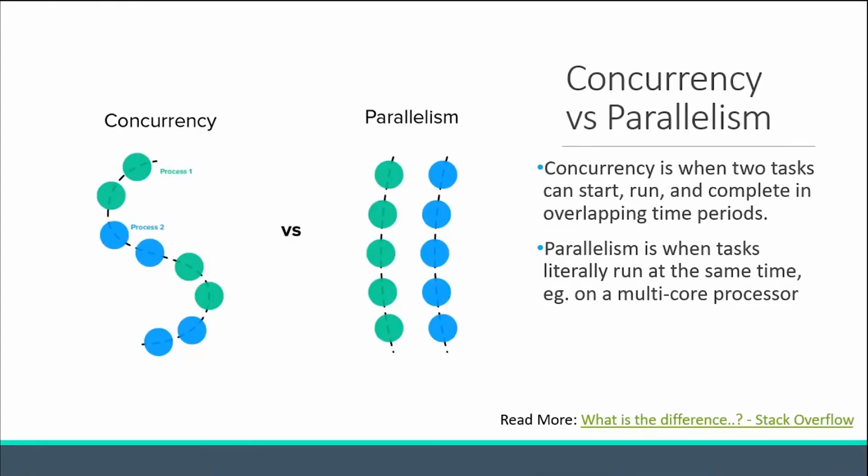So I will give some more info about concurrency and parallelism. Concurrency means running two tasks overlapping one another on the same timeline. And parallelism is if we have one task, we divide it into two or more according to the available cores and run these tasks on separate threads. So that's the main key difference between concurrency and parallelism. You can read more from this Stack Overflow answer.